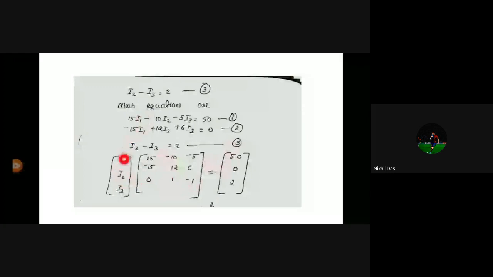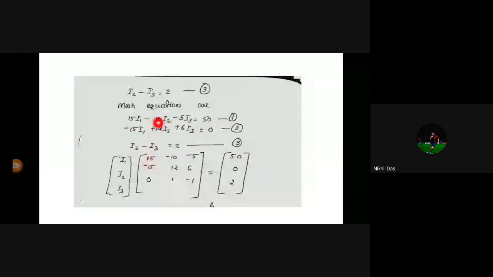See, first of all, you have to write the variables, that is I1, I2, I3. These are the variables, so write them in a column matrix. There is one column: I1, I2, I3. Next, you can write the coefficients of each of the variables in a row matrix. See, here the first equation. First equation is this one. The first is a mesh, the second is a super mesh, and the third is a branch equation. So first coefficients are 15, so 15 is written here.